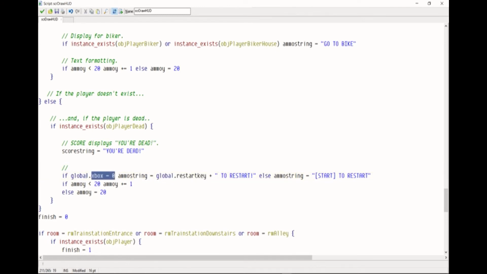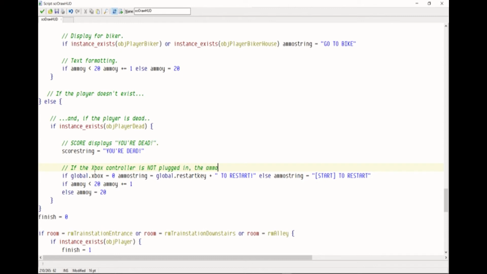So global.xbox equals 0 is, as you can imagine, measuring the non-existence of the Xbox controller. So if the Xbox controller is not plugged in, and yeah, this is the Xbox controller, Hotline Miami 1, at least in this build, does not support any other controllers,